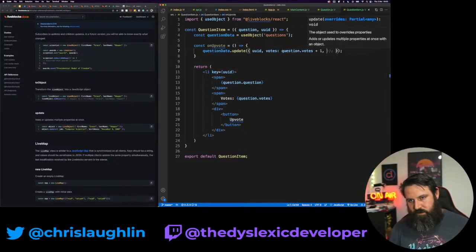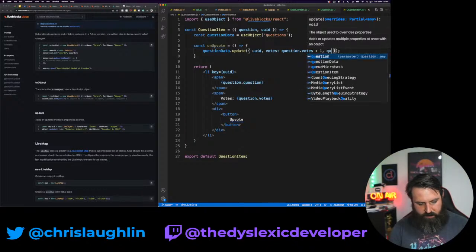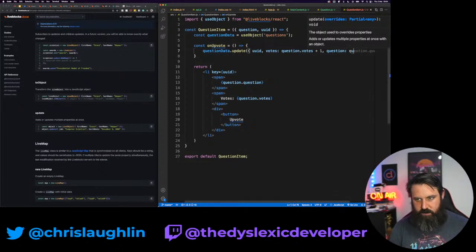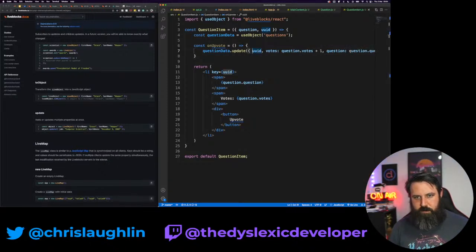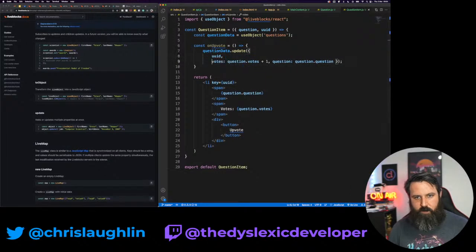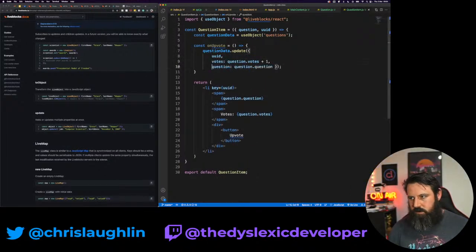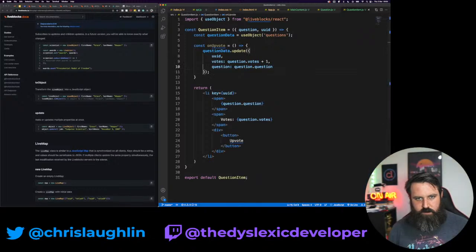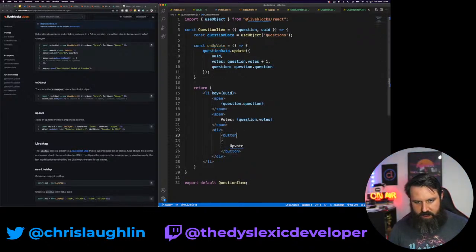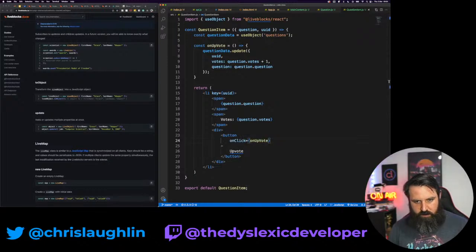I'm assuming we'll probably have to pass in the question as well. Question, and that's going to be question, which was badly named from the beginning. So we now have an upvote function that we should be able to tie into our onClick. So every time we click that, it adds a new vote onto that question, which we'll then figure out how to sort. We'll sort them somehow.